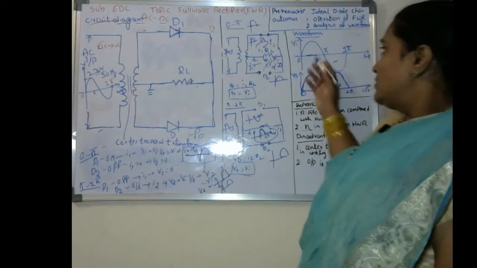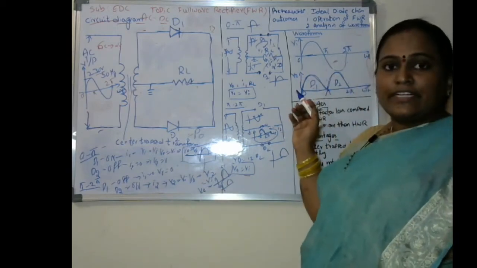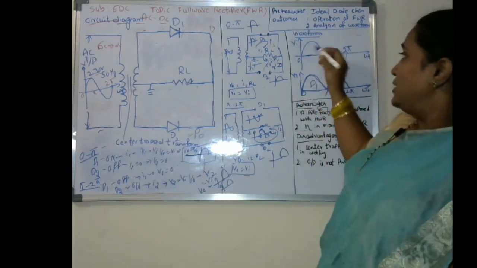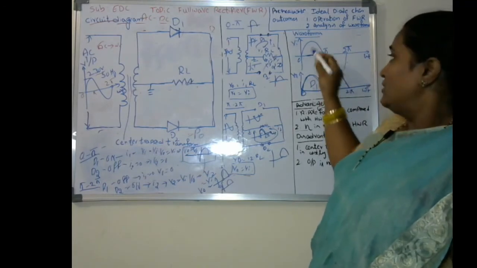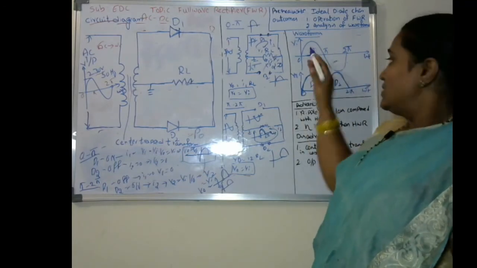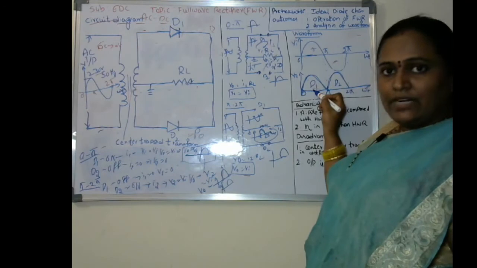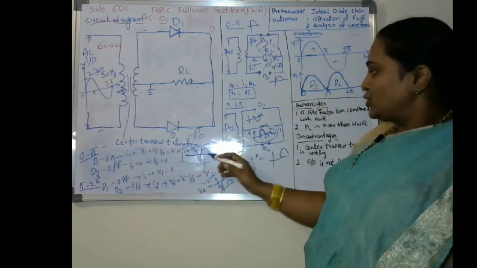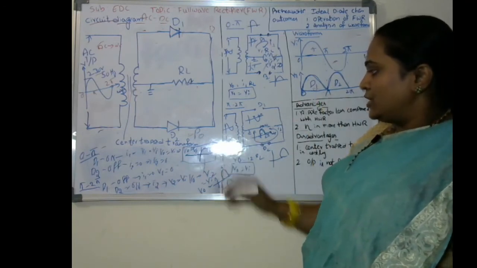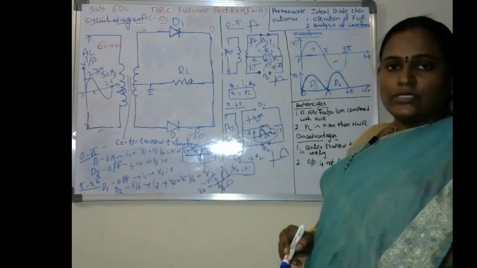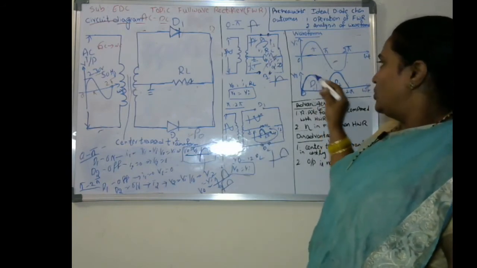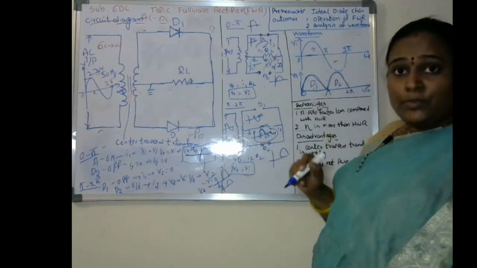If you observe the waveforms of the full wave rectifier circuit, this is the input for the positive cycle. We get this output due to the D1 diode. So due to the D1 diode, this is the shape of the input, and the same shape is going to be the output. So the output waveform has been enhanced with respect to the input.